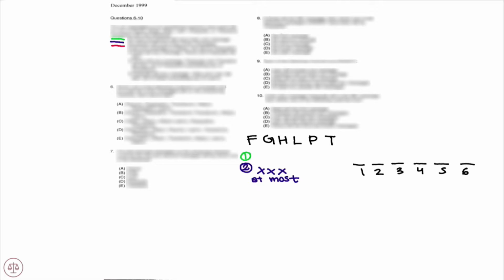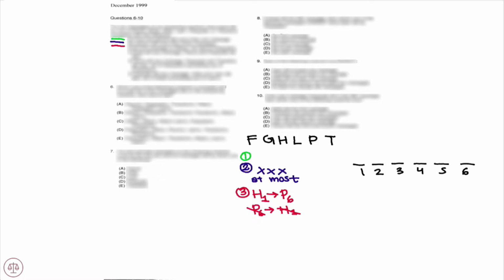Now, let's go to rule number 3. If the first message is Hildy's, the last is Pascal's. All right, simple. We've got if the first message is Hildy. So if Hildy has the first message, then the last message is Pascal's, message number 6, right? So let's go ahead and write our contrapositive. If Pascal does not have the 6th or last message, then Hildy does not have the first message.